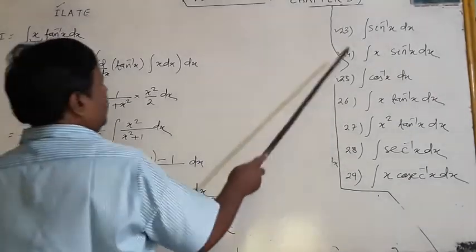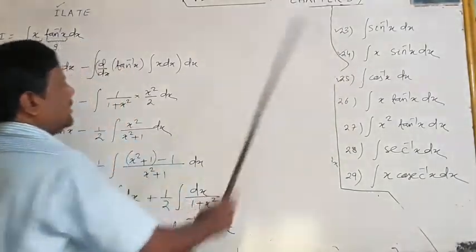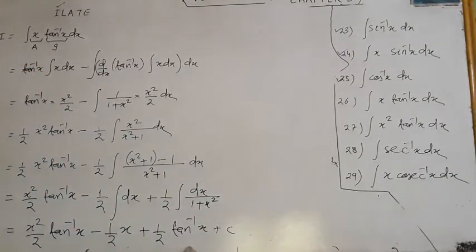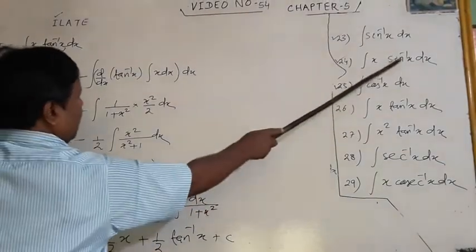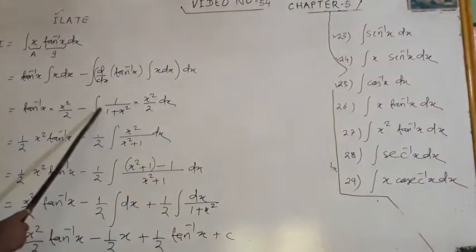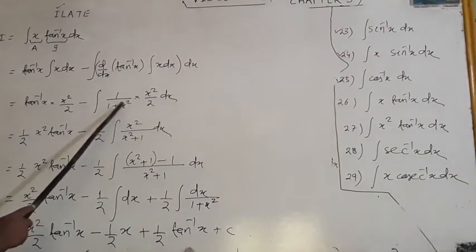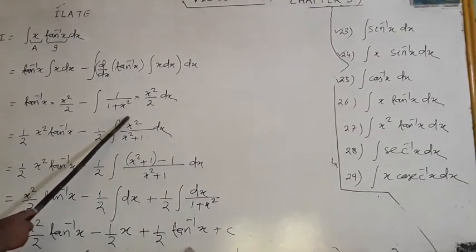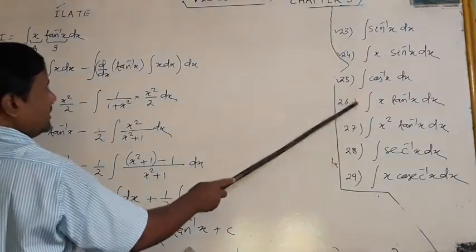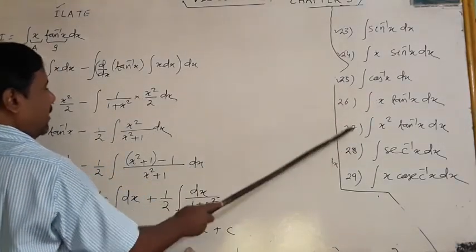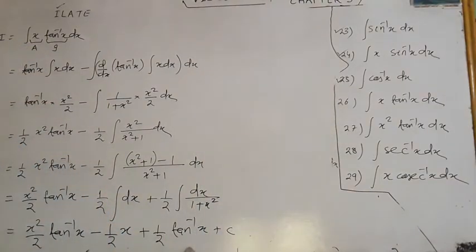Number 25 is similar to 23. So you have to do it by yourself. If you understand 23, you can do 25. Now don't think 24 and 26 are similar. In sin inverse x there is 1 by root over 1 minus x square in this place. So I am doing this problem for you again because these two are different. Also these two problems are different. I will show how they are different. Okay.